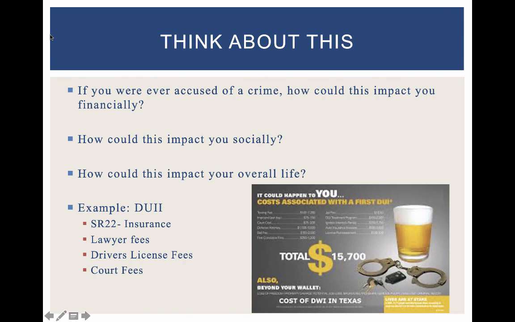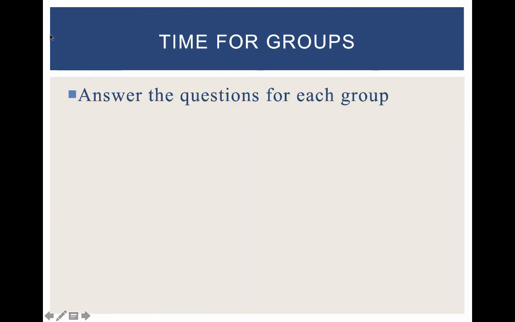because if you are arrested and if you are convicted of that DUI, you have to carry what's called an SR-22 on your insurance for 5 years. There's lawyer fees, there's driver's license fees, there are court costs. They say it could cost you anywhere between $10,000 to $20,000 just in all those example fees to the left. So it's an expensive thing financially, and that's just a DUI. So it's a huge thing when you talk about going to court, and that's just something like a misdemeanor. All right, that ends this